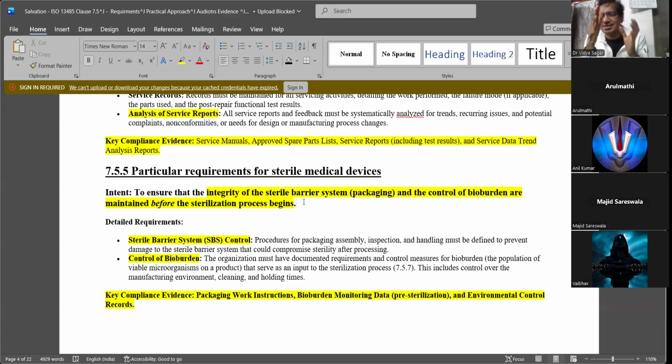Do you have any test to check this packaging material that you use as a sterile barrier system, so that bacteria are not ingressing or entering into the device from the outside environment after sterilization? There will be some tests, what we call sterile barrier tests, some bacterial ingress tests. There will be 3-4 tests which you need to mandatorily do on the packing material to see that it is working efficiently.